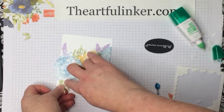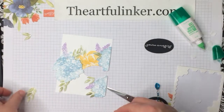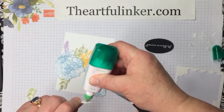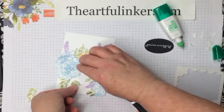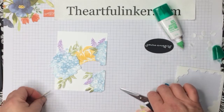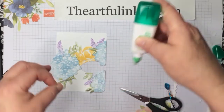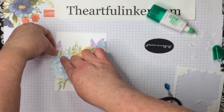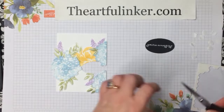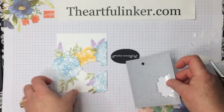I don't know if you've ever noticed hydrangeas, whether you have them in your garden or like I have a neighbor who has a beautiful hydrangea, and there are always lots of greenery bits sticking up amongst the flowers, which are a great counterpoint to the beautiful flowers that are in bloom. And let's see, do we want this last one? I think we do. I always stamp a few more and cut them, because you never know when you're assembling how many of them you're going to want. Okay, so it's time to add our sentiment, and I have the black Stampin' Dimensionals, and